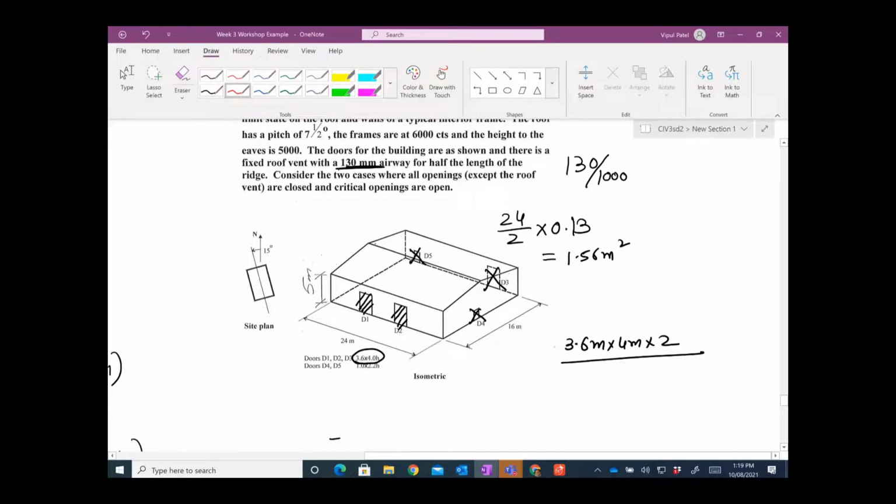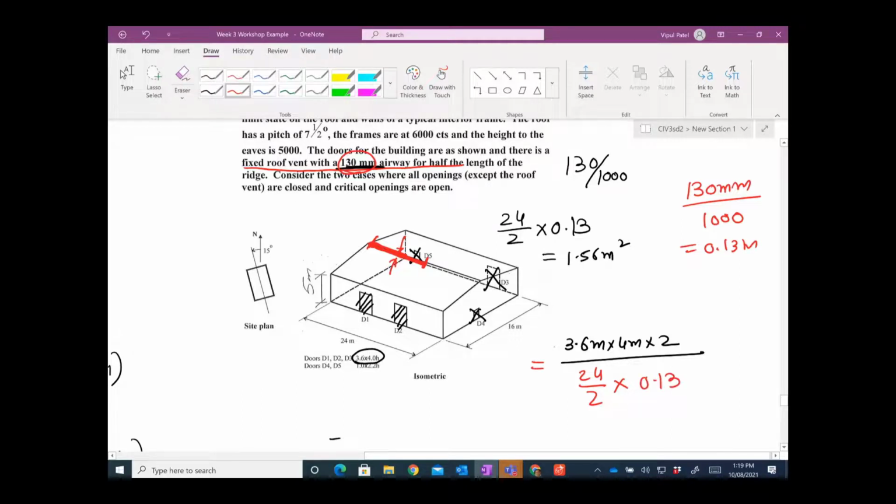Only the opening that we have is that tiny airways on the roof that is given here, right? Now area of that opening is halfway through, 24 divided by 2, because it's just halfway through, and times the how much opening, that is 130 millimeters divided by 1000, so you have 0.13 meters, so 0.13,